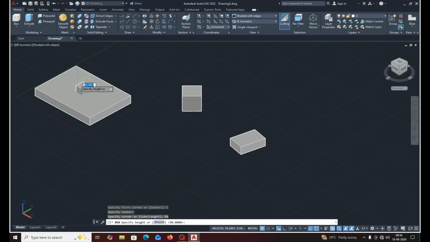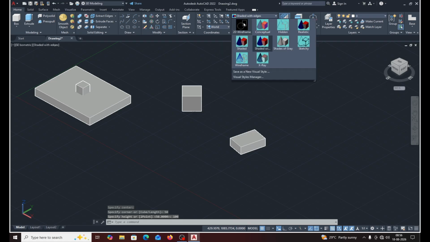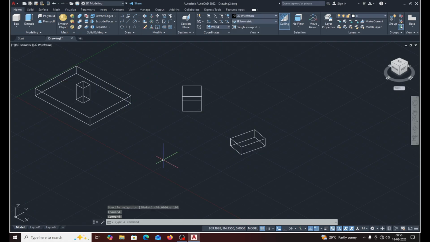Enter. Height. I am giving double of this one. This height is 50 mm, so I am giving 100 mm. You will see the box is starting from this bottom face. Okay, enter. If you see this 2D wireframe, then you can orbit the model if you press